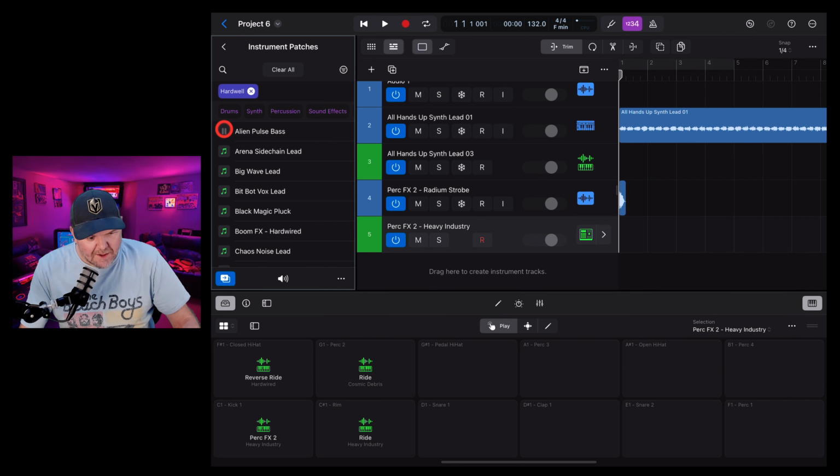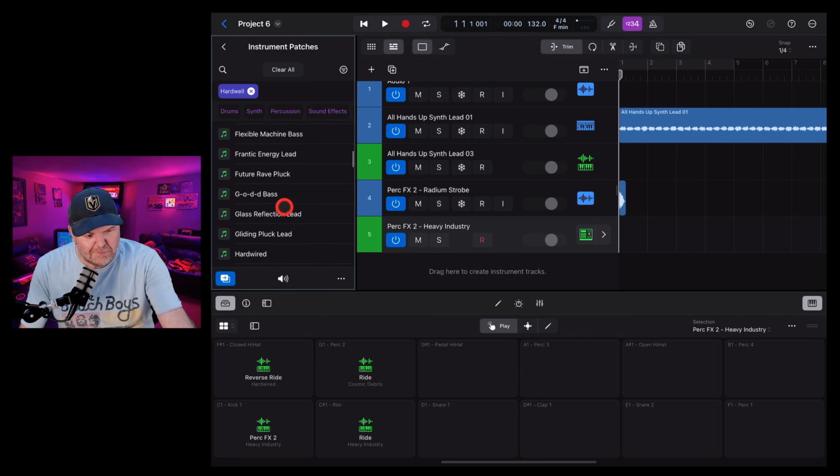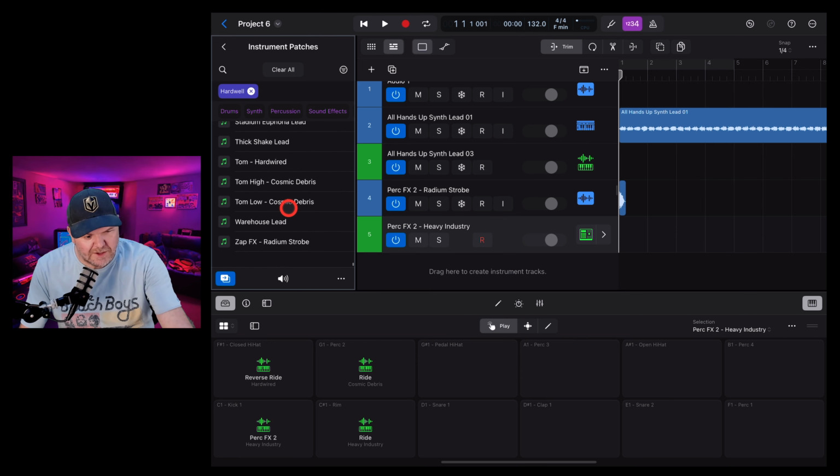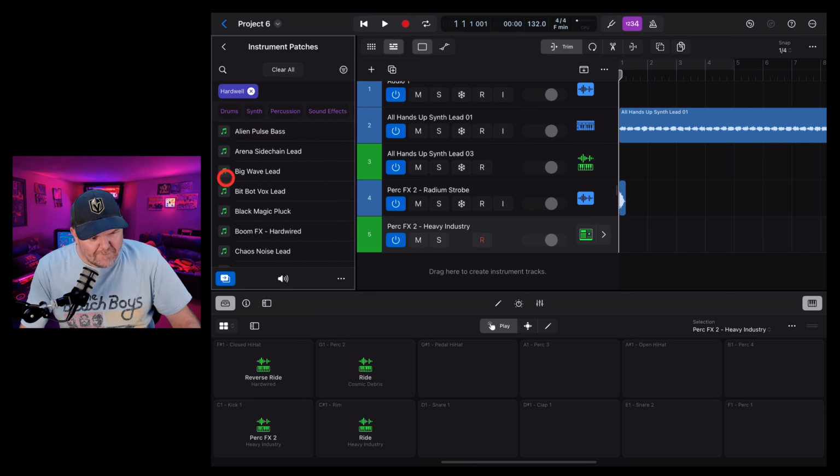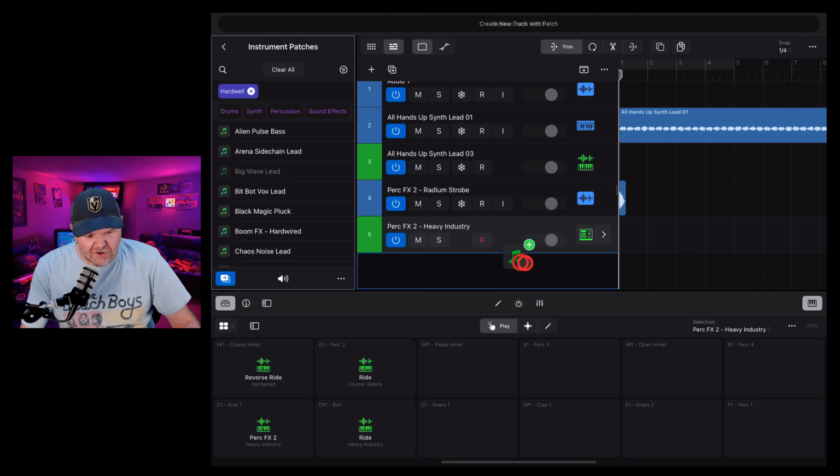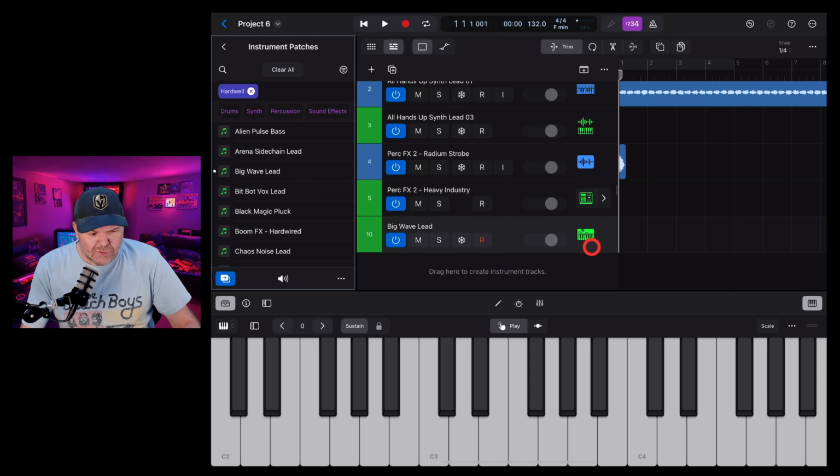And here we can start using these sounds. So again, I do like this alien pulse bass. There's a bunch of other stuff here. Look, you can explore all of these. There's a bunch of different cool sounds that you can use here in this one. But we can grab this one. In fact, let's grab the big wave lead and let's drag this across. And again, if we drop it on here,